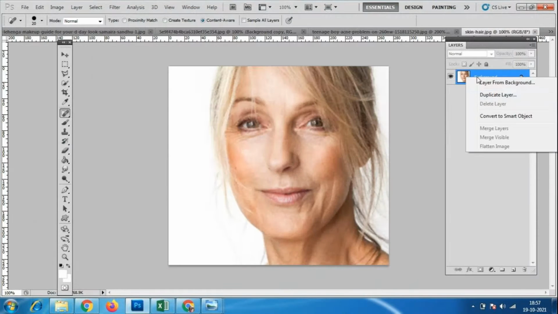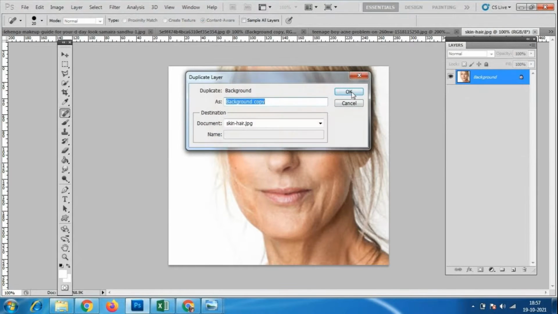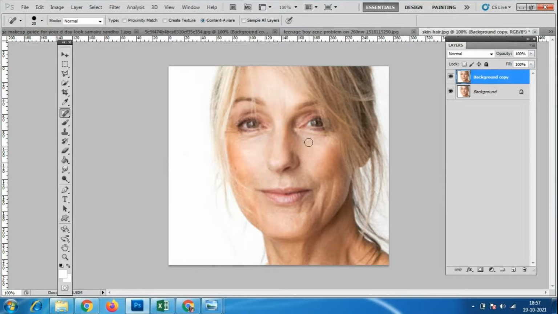Even if I take a duplicate copy of this layer, we can do the changes on only half of the image and keep the rest as it is. So I will again take a duplicate copy of this much. I'll select this layer and press Control J, taking only this much half.